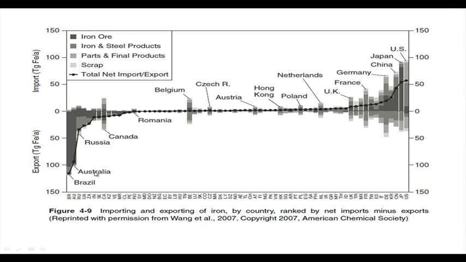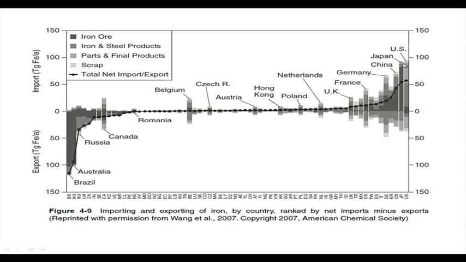So which is the highest exporting country? Brazil. So we start from Brazil, then Australia, Russia, Canada. As we go over here, we go towards the middle, where partly it is below, partly it is above. So it is exporting as well as importing, but predominantly exporting, I would say all the way to Romania, and then it gets kind of in balance. Then you see things being exported a lot, but here some are in balance, and later on you see an increase in more and more